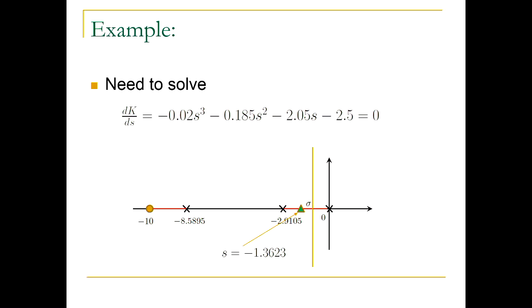Now, we know that they will have to branch out, and eventually one branch would tend to the asymptote that goes up, and one branch would go to the asymptote that goes down. So we've learned much more about root locus by finding this triangle, because that gives us the point where branches separate from the real axis. Note that depending on the example, this triangle may be here or somewhere else. That depends on your problem.